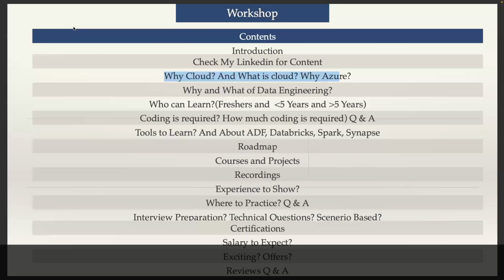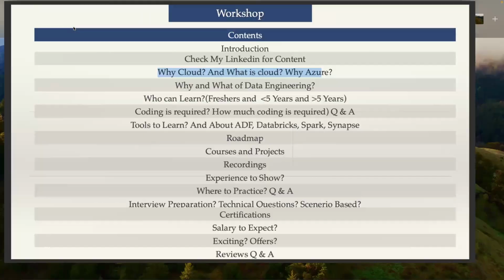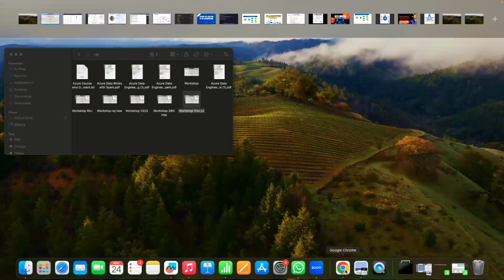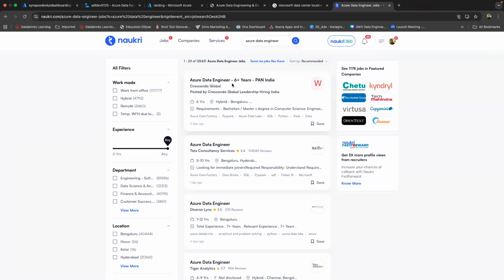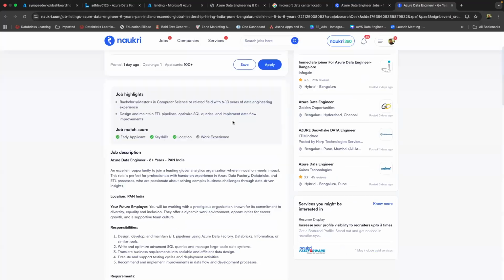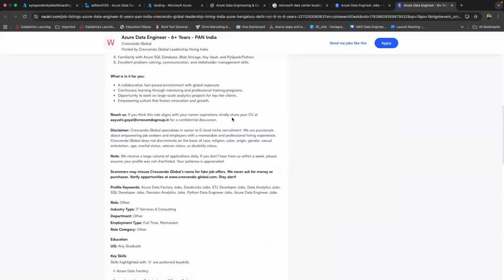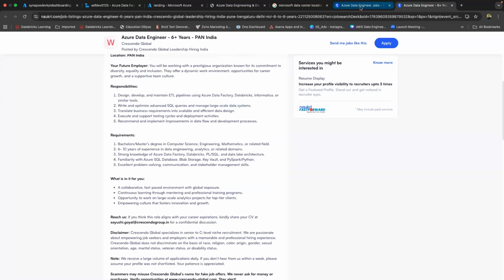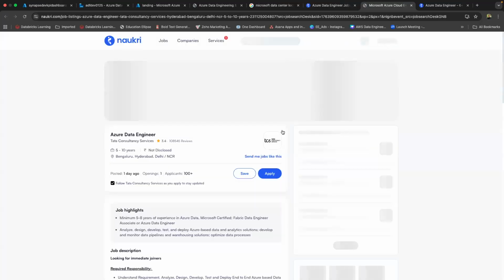Now, when we understand all of this, let's try to understand the why and what of data engineering. To understand the why and what of data engineering is very, very important. I will first tell you why it's important to understand what data engineering is, because if you open different profiles here,